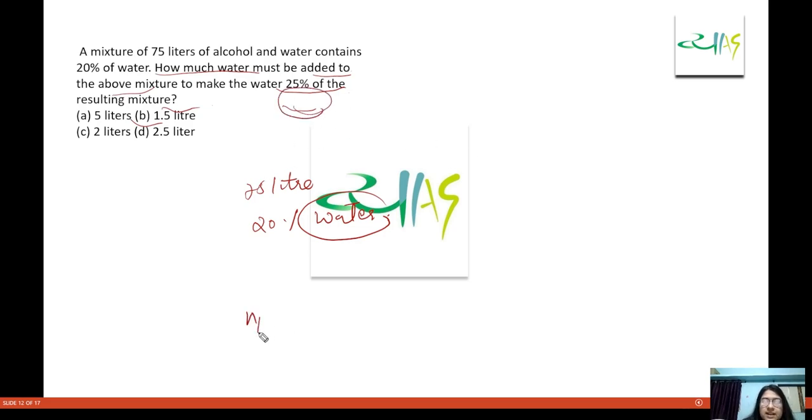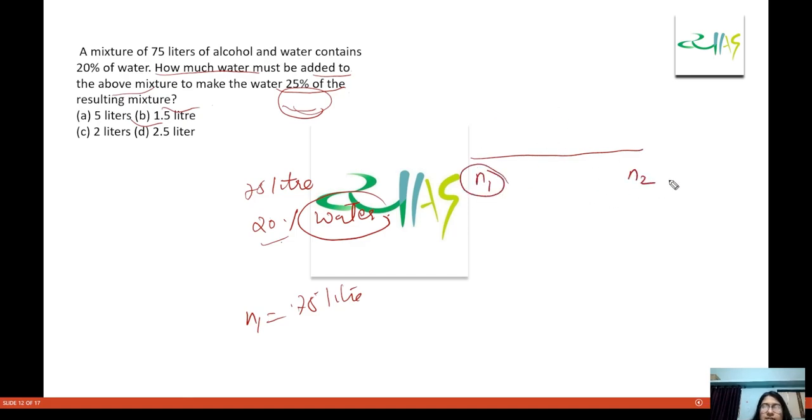Okay, so this N1 is the quantity of this alcohol and water, you have this 75 liters, and it is 20% water. So see what is basically here. We have N1, N2, that is the quantity of this liquid and this liquid. Here you have 20% water, and here you want to make it 25% water, and this is 100% water because you will be adding 100% water. Okay, so N1 by N2